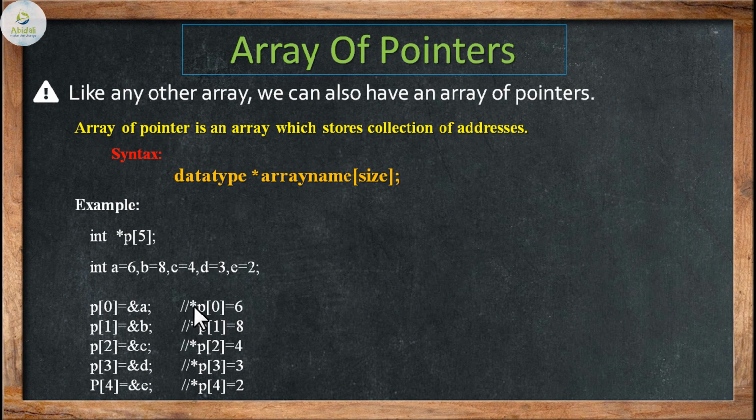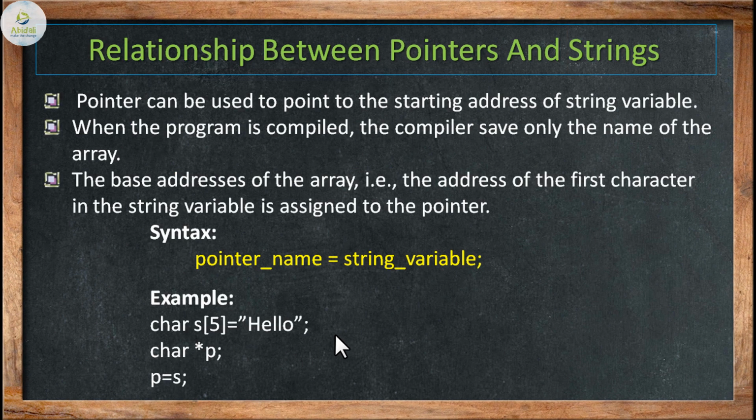We are not talking about address here. We are talking about value at, because the pointer is already declared. The next time the asterisk or pointer operator appears, it acts like an indirection operator, which returns the value at the particular address that we have seen in the previous lecture. So that is how value at can also be related. So this is the array of pointers.